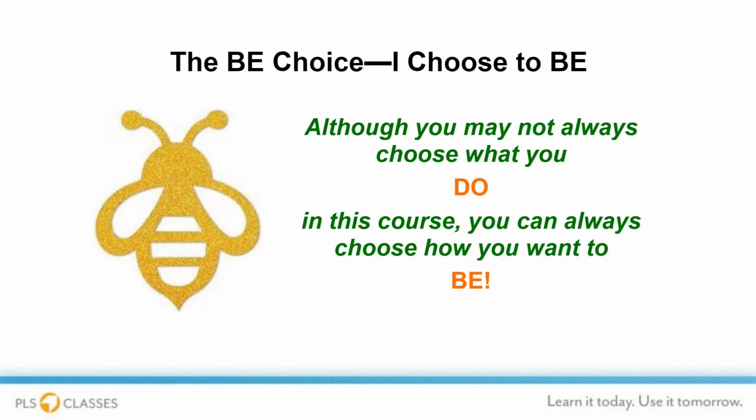Before we start Section 10, you are going to choose how you intend to be during this section. Please remove the Be Choice cardstock from your course folder. In the next available I Choose to Be box, write how you choose to be during Section 10. Remember, our attitude is one thing we can control, and our attitude is a conscious choice we make on a regular basis.